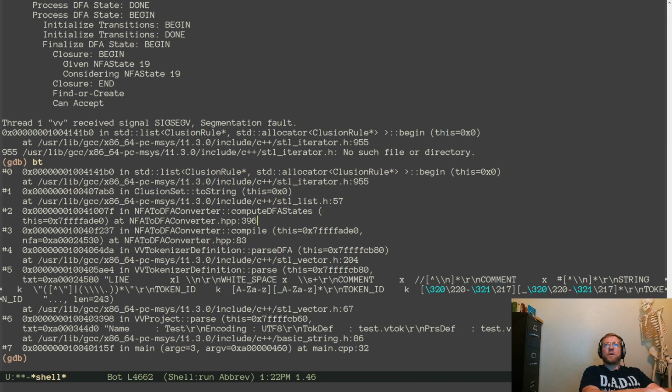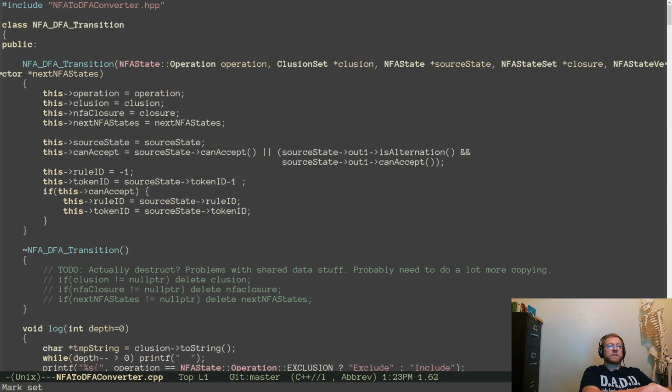Not this one. This one is in NFA 2 DFA converter 396.